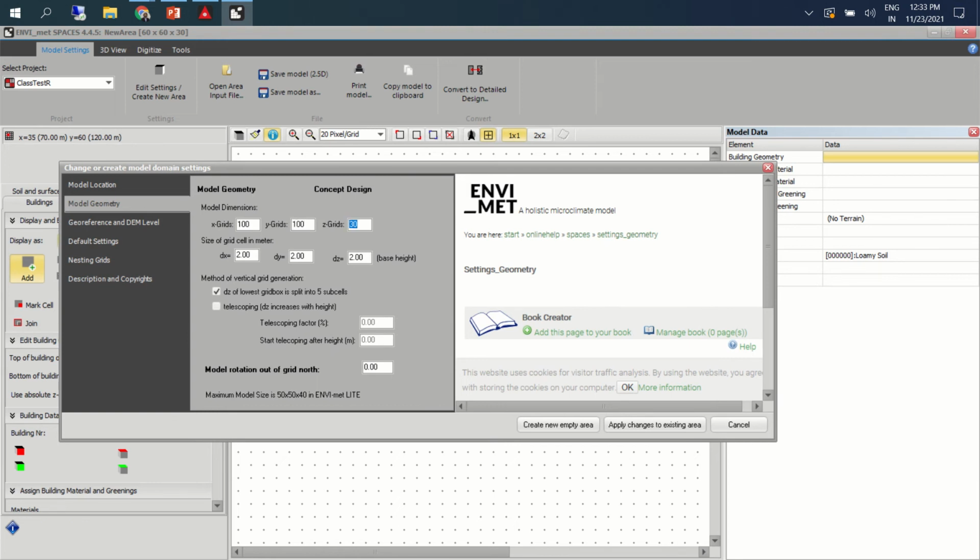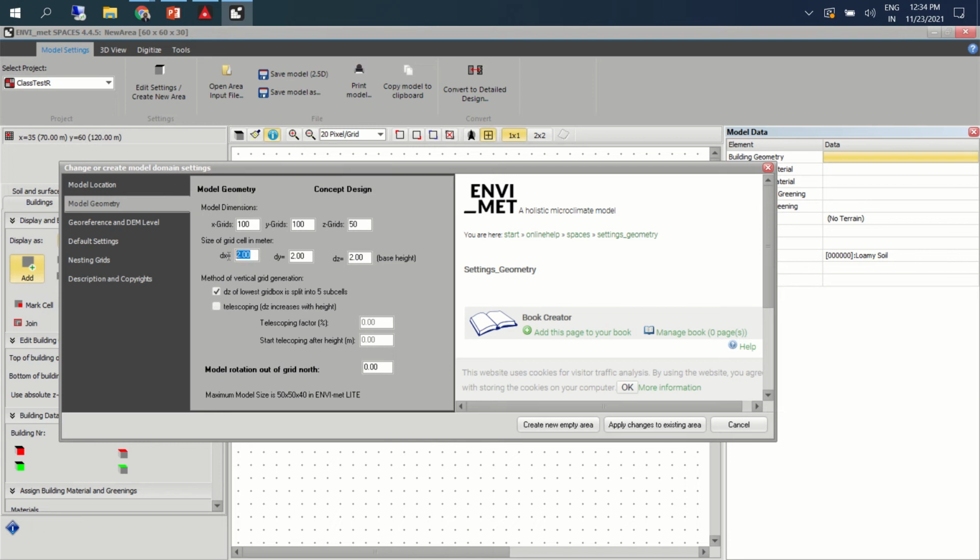In the full versions we can do much larger models, but we need a good system. This laptop has no good GPU, and you need a good GPU as well. So I'm just keeping 100 by 100, and 50 is the maximum height of the model in our case.